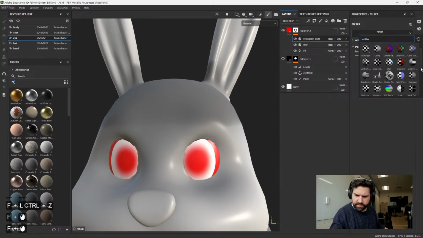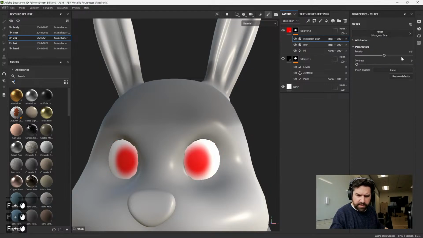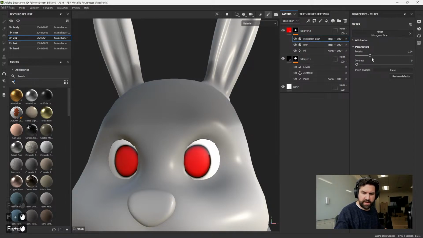Oh, shift, I don't want shift, I want histogram scan. There we go. Beautiful. So now I can control its position and its contrast. And so if we turn this back on, you can see now, contrast, position,